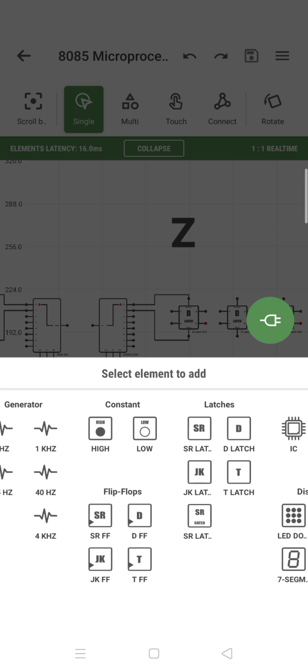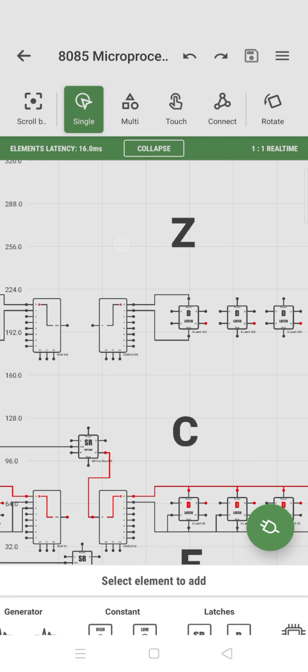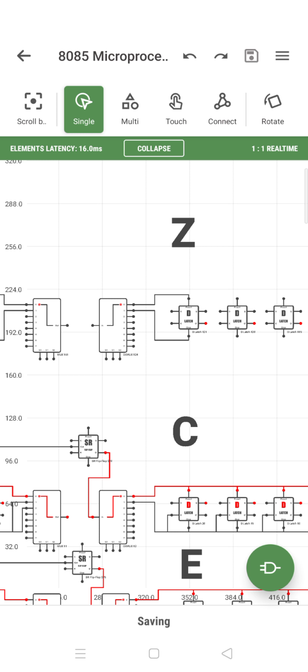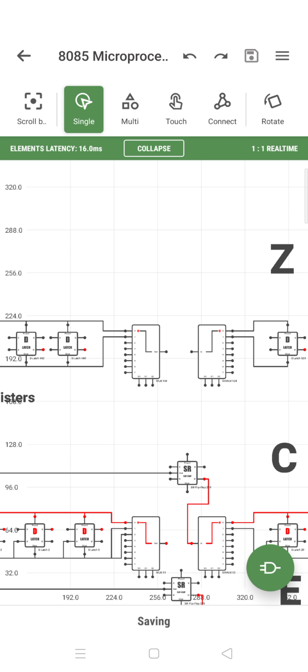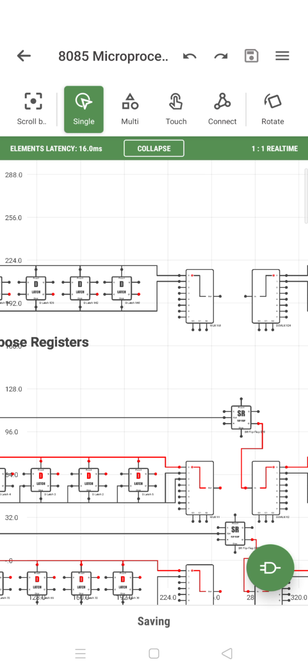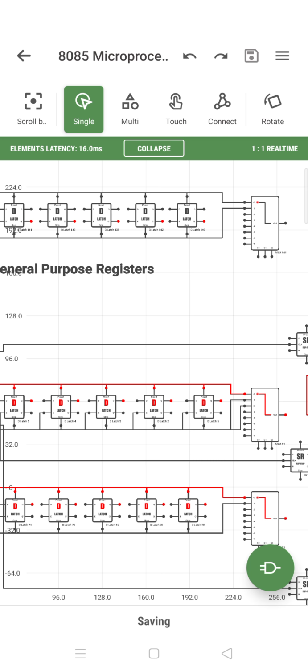When you do calculations and other things, everything is done by SR, JK, T, and D flip flops only. The storage elements usually do the latch kind of work. So these are the basic understanding you have to have. We are using registers here in the microprocessor, so we always have to use flip flops. Some elements can use latches, but usually we use flip flops only.